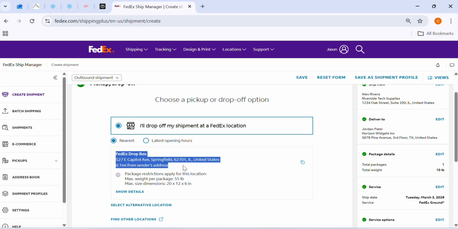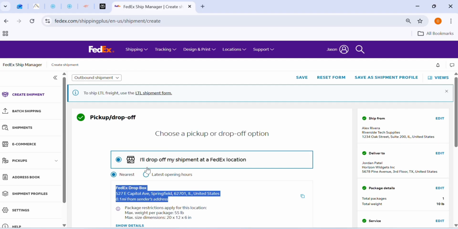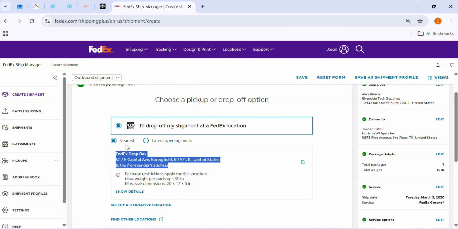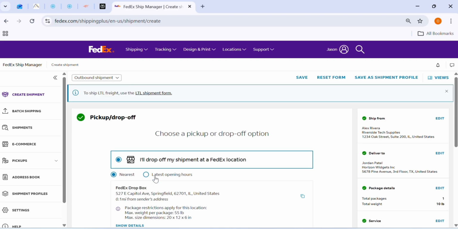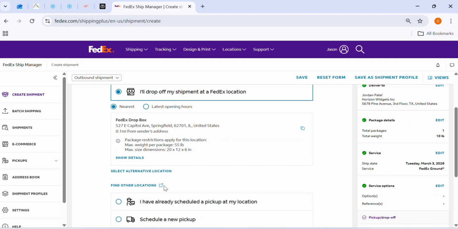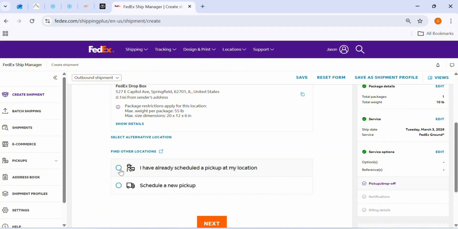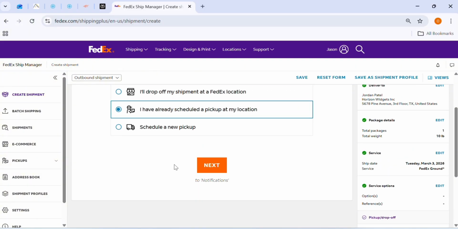You drop it off at that drop off point, and FedEx will just pick it up and ship it. But if you just want something stress-free, all you need to do is click on